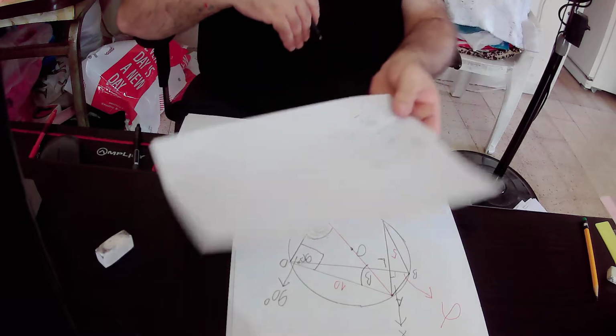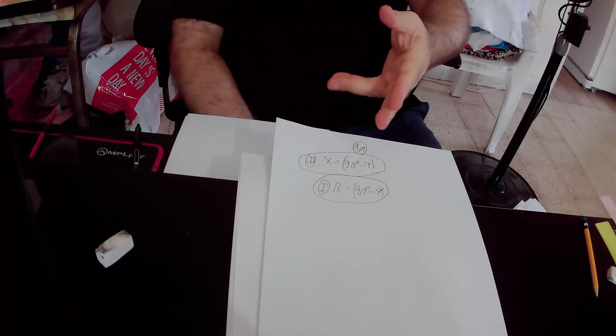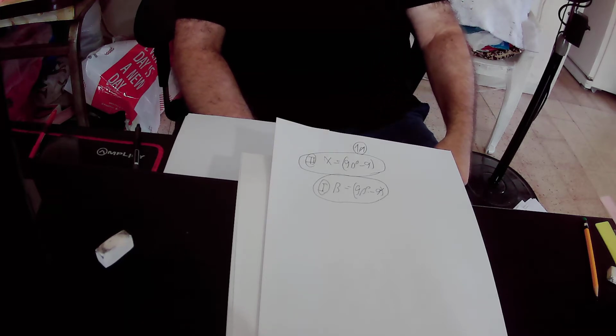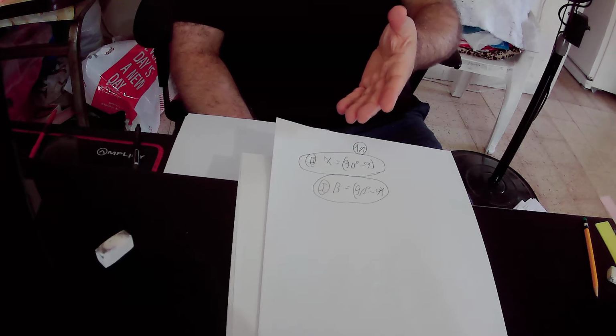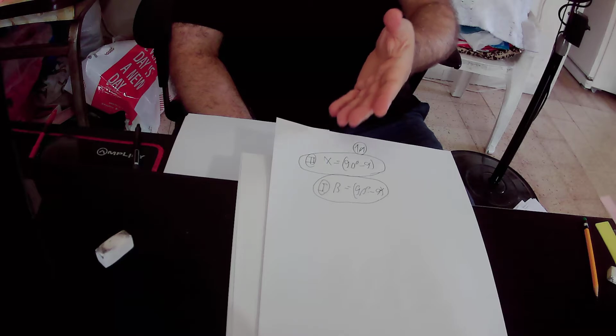So, according to equation number 1, angle beta also equals 90 degrees minus alpha. Okay? So, we can deduce immediately from those two equations that angle x equals beta,